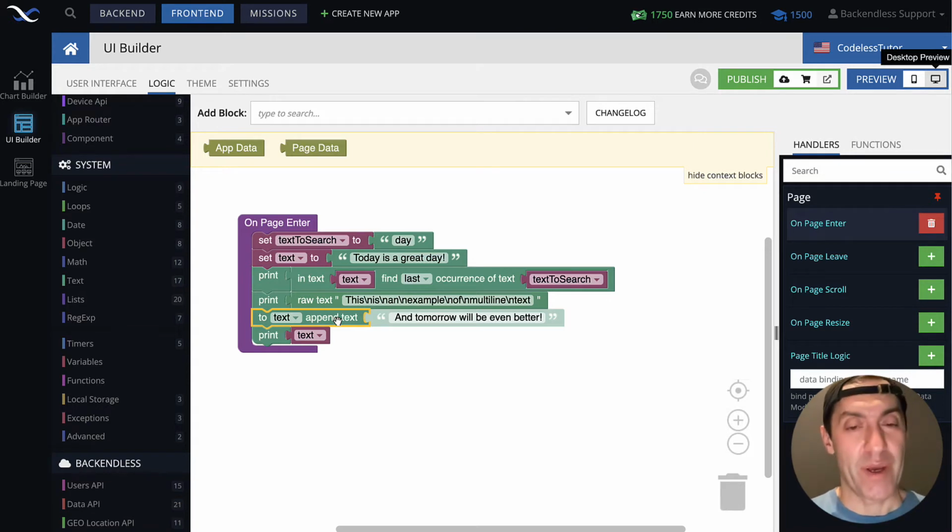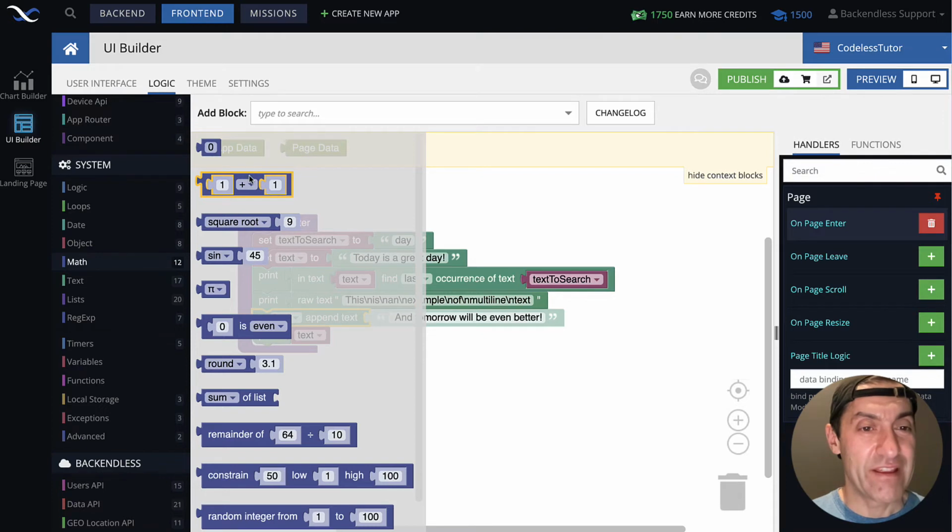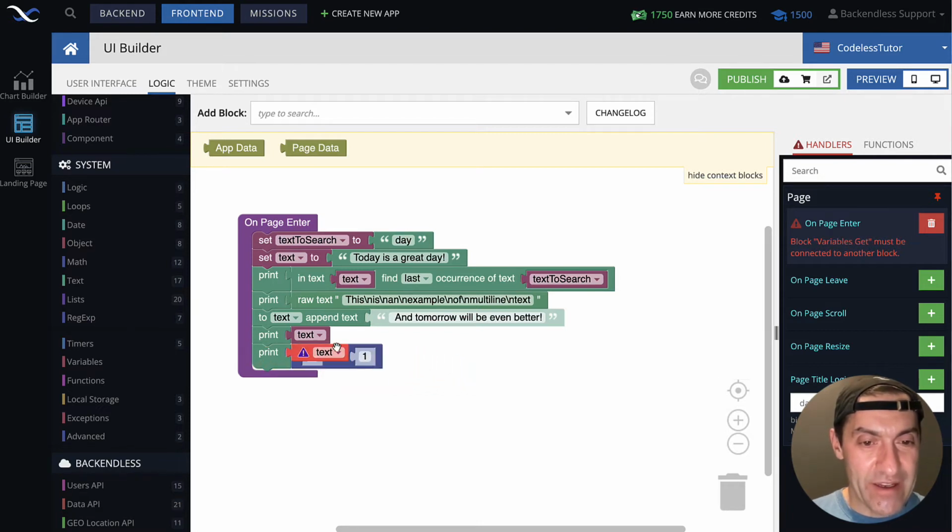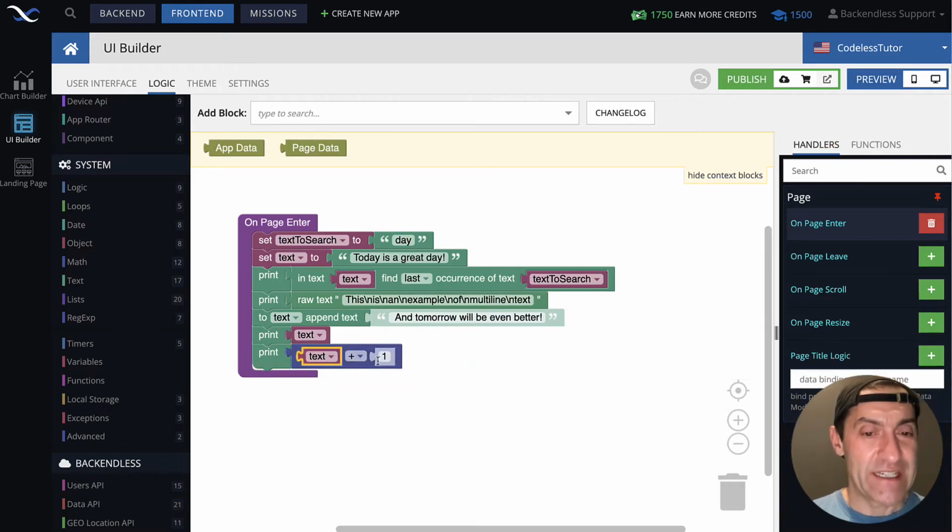There is another way to append text. In fact, if you go to math and take this block right here, it can also be used to concatenate text together. Let me replicate print and then put this in here. And in this case, I take text, and I will also need to add additional text to it. But this block right here out of the box can accept only numbers, but it also can accept variables.